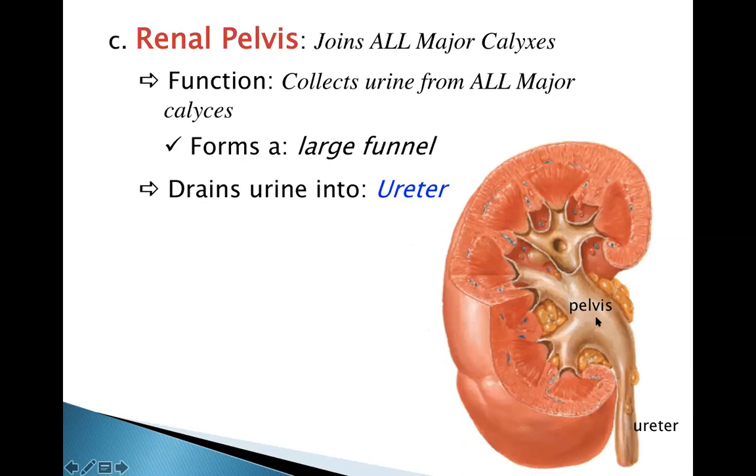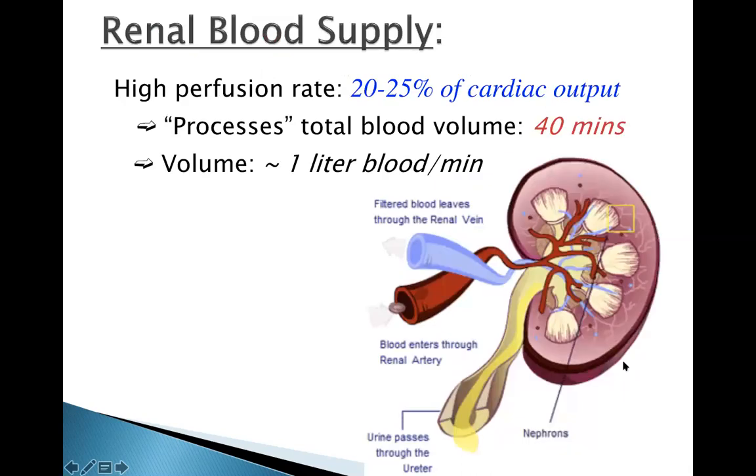And what we're just really doing is collecting all that urine produced. And then the renal pelvis is then going to become the ureter as it exits the kidney's renal hilum. All right, blood supply. When we look at blood supply, we're going to have a major